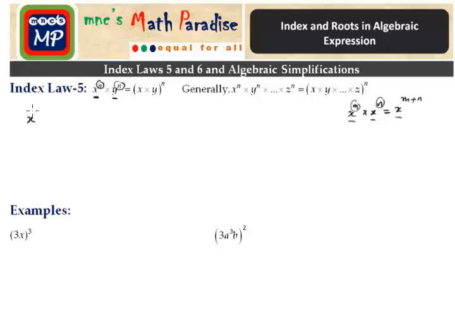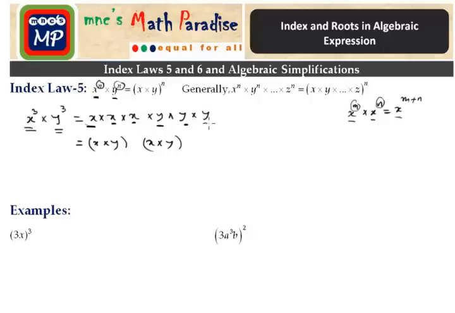Say we have x to the power 3 times y to the power 3. x to the power 3 means, from the definition of index form, x is multiplied 3 times. And also y to the power 3 means y is multiplied 3 times. Now all these 6 values are multiplied. So if we group them together, that means if we take one x and one y, that means x times y, and another x and another y, another x and another y,